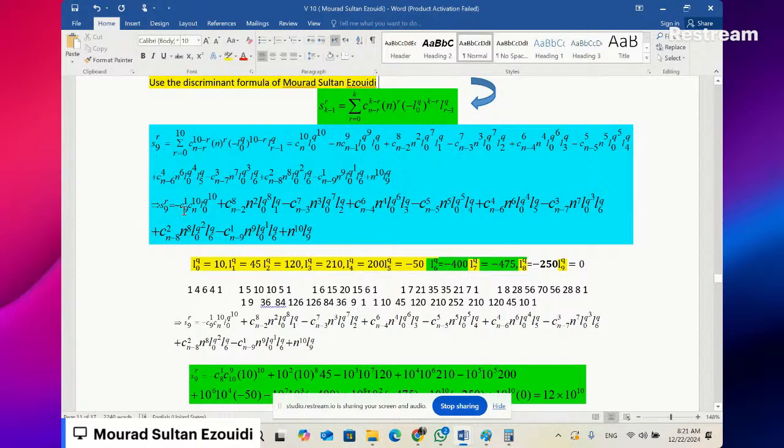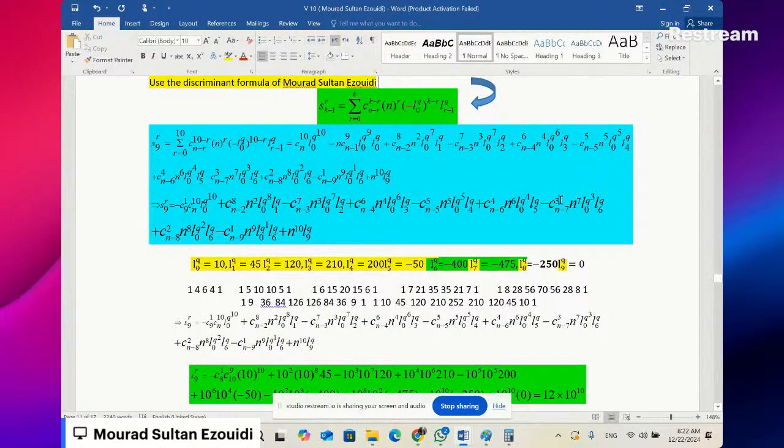So it will be negative combination 9 choose 1 times combination n choose 10 L0 for the 2 raised to the power 10, plus combination n minus 2 choose 3 n raised to the power 2 times L0 for the 2 raised to the power 8 times L1 for, minus combination n minus 3 choose 7 times n cubed times L0 for the 2 raised to the power 7 times L2 for the cube, plus combination n minus 4 choose 6 n raised to the power 4 times L0 for the 2 raised to the power 6 times L3 for the 2, minus combination n minus 5 choose 5 n raised to the power 5 L0 for the 2 raised to the power 5 times L4 for the 2, plus combination n minus 6 choose 4 n raised to the power 6 times L0 for the 2 raised to the power 4 times L5 for the 2, minus